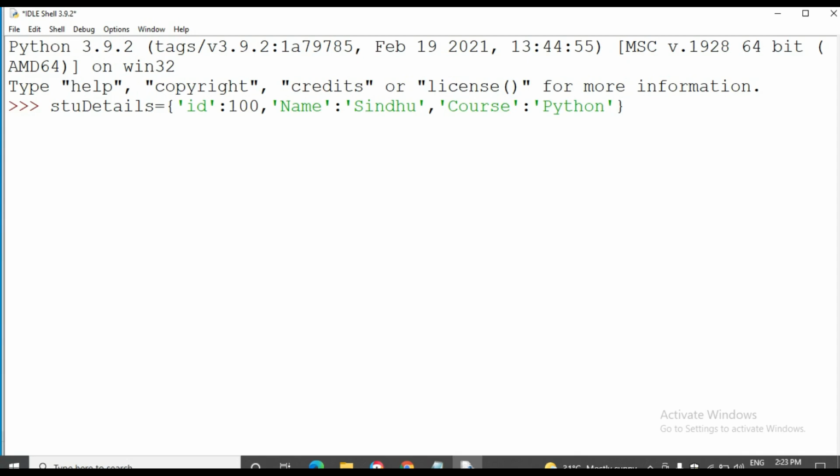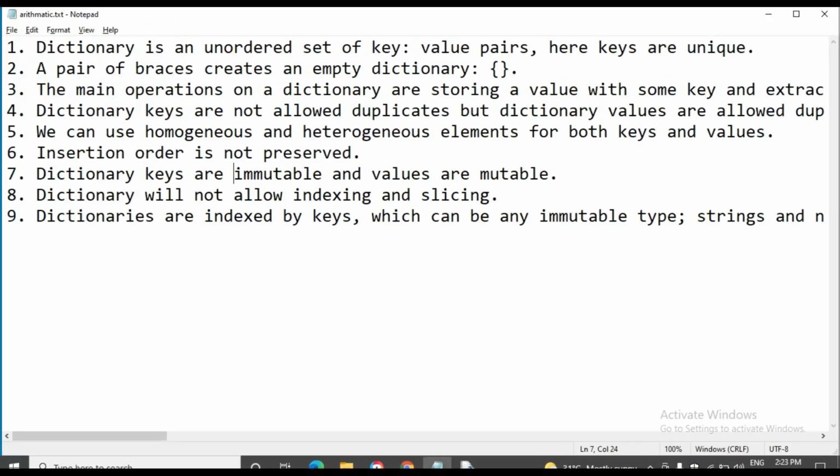That means the ID, name and course are all the keys, and the 100, Sindhu and Python are all the values. So a dictionary is a key value pair. This is a key and this is the value for that key.